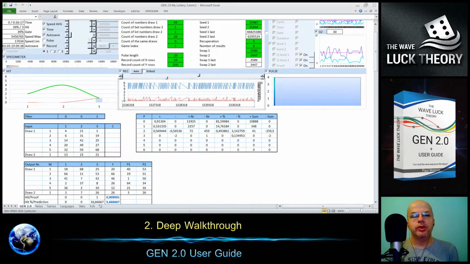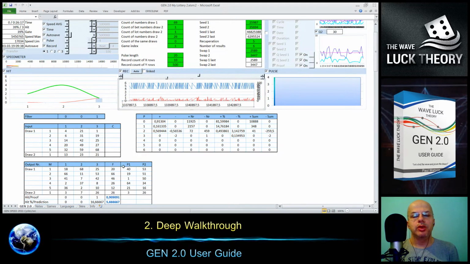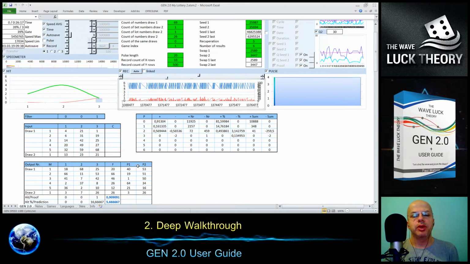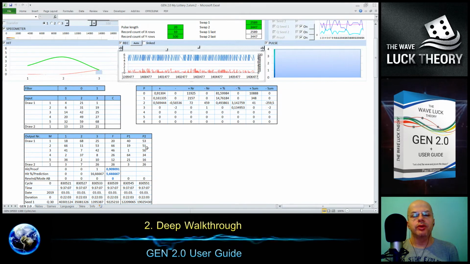It doesn't make sense to set it to 5 like corresponds here, or to 6, because when we pass the filter, it will always go to P1 and P2. So that's the limit here, and that's a little bit different from the pulse. The pulse function works only to show if it passed the filter or not, and the amplitude in the record is extended from here to the end, so it's showing everything from here. That makes sense because we are recording the results, and the result is printed only if it goes to the end of the generation, which is at the end of the output box.